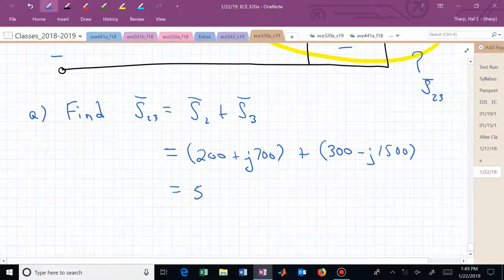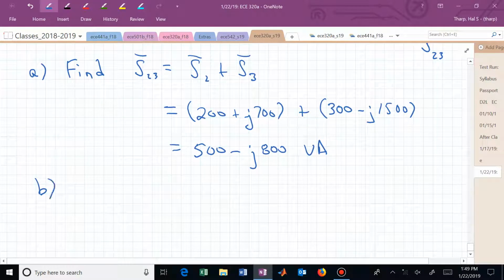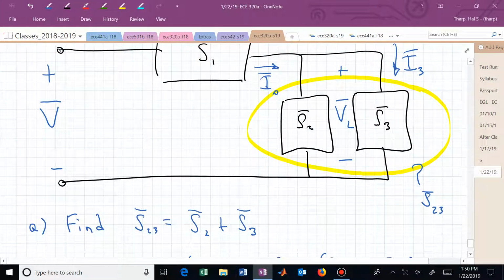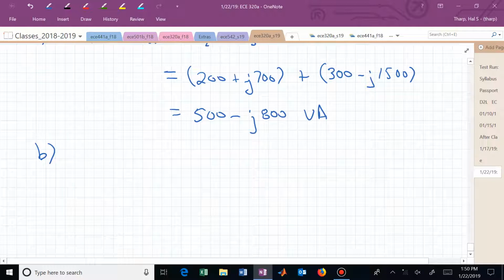So that now we have 500 minus j800 volt-amperes for S sub 2,3. Now that we have that complex power and we know the current, we can use our complex power expression to find